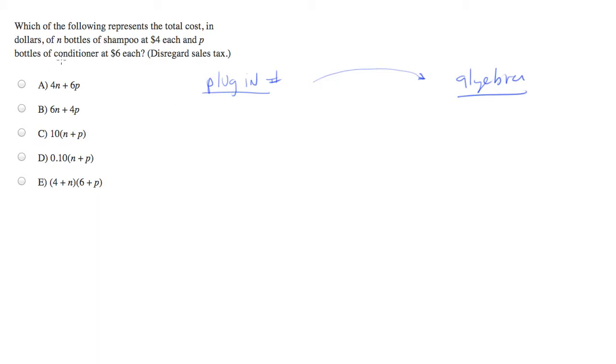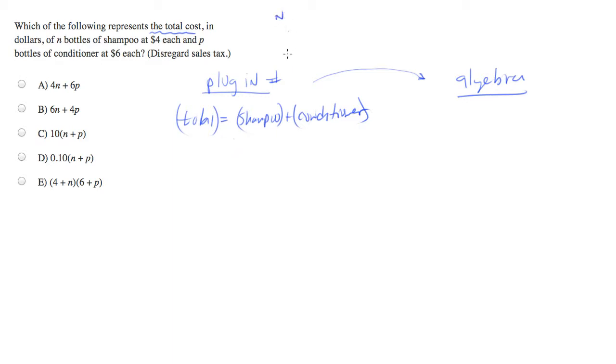So what have we been asked for? We've asked for the total cost, which is of shampoo plus conditioner. All right. Now, how many bottles of shampoo did we buy? We bought,